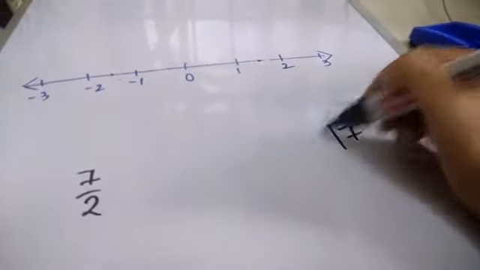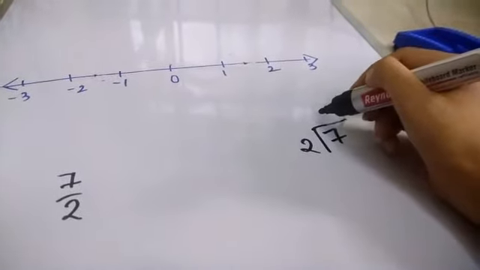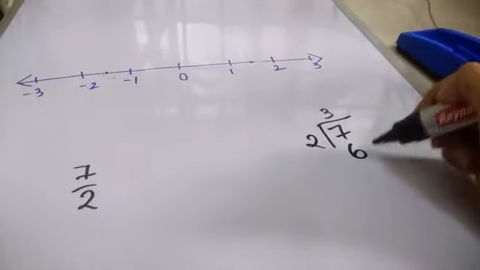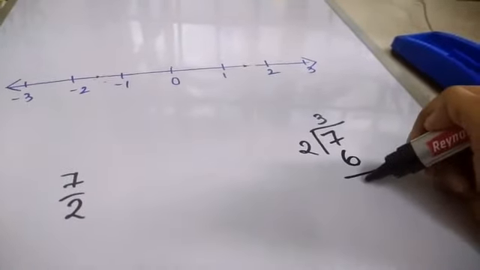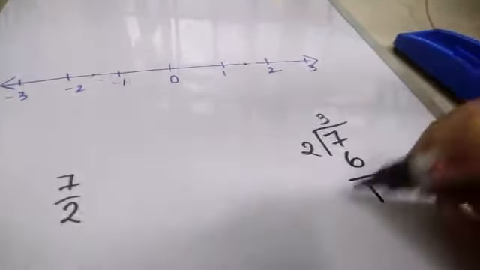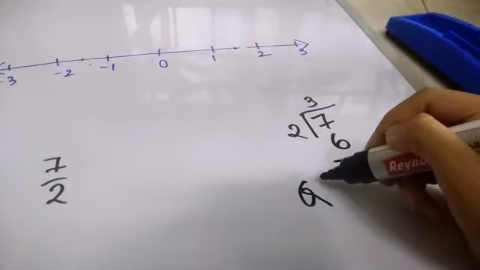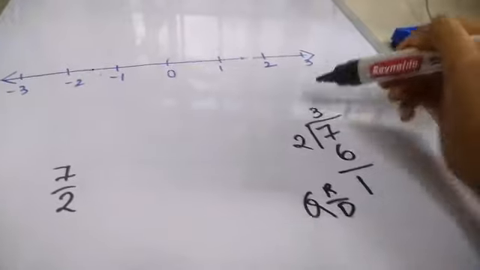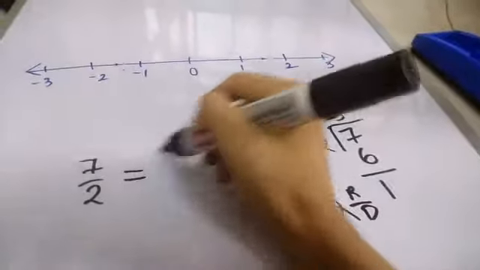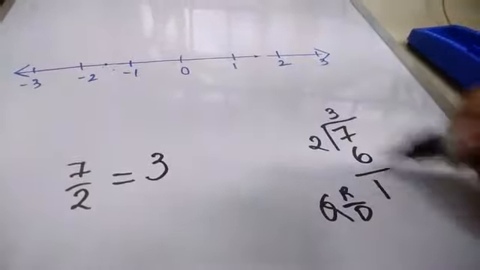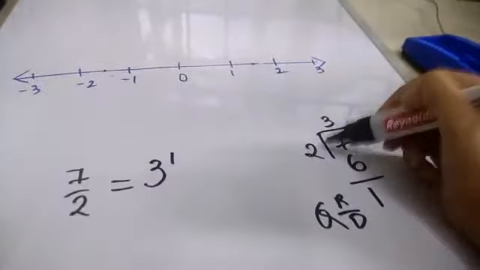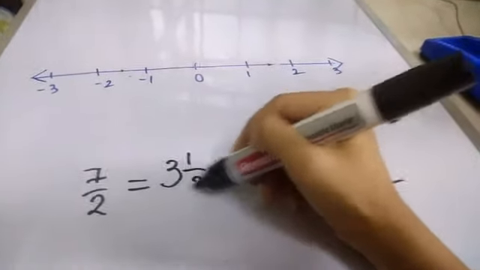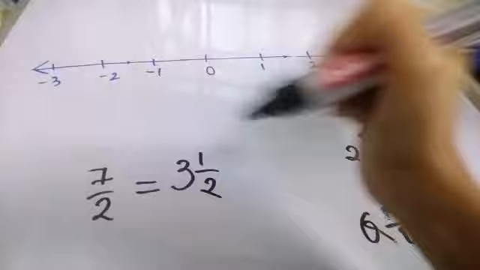Let's say we do 7 by 2. Okay, so first we're going to divide it. 2 3s are 6, right? That's the nearest number, and the remainder is 1. Now what you have to do is write it as quotient and remainder by divisor. So this is the quotient, right? So 7 by 2 is 3, remainder is 1, and divisor is 2. So 3 1 by 2. 7 by 2 is equal to 3 1 by 2.